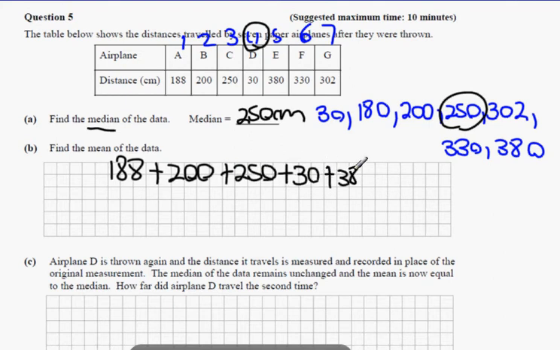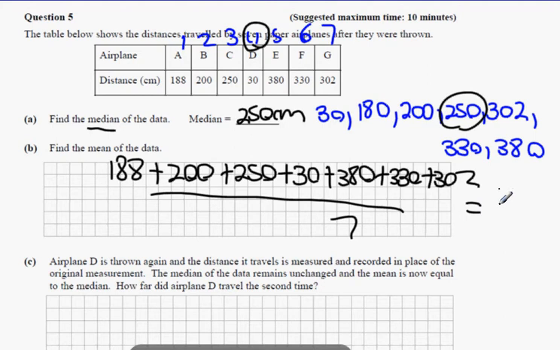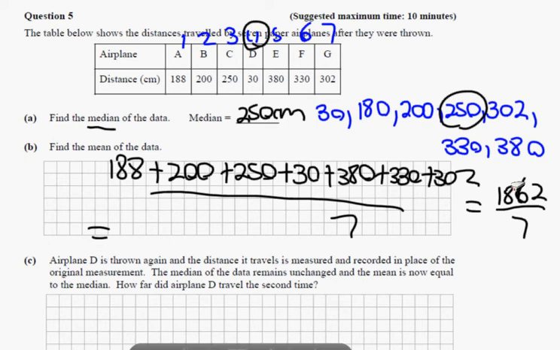So what happens when you add them all together? What do we get? Anybody have the answer? 1, 8. And you divide that by 7. And what do we get? 1680. Oh, sorry, 1680. Yeah. Okay, so I need to get my hearing tested. 1680 divided by 7, and you get